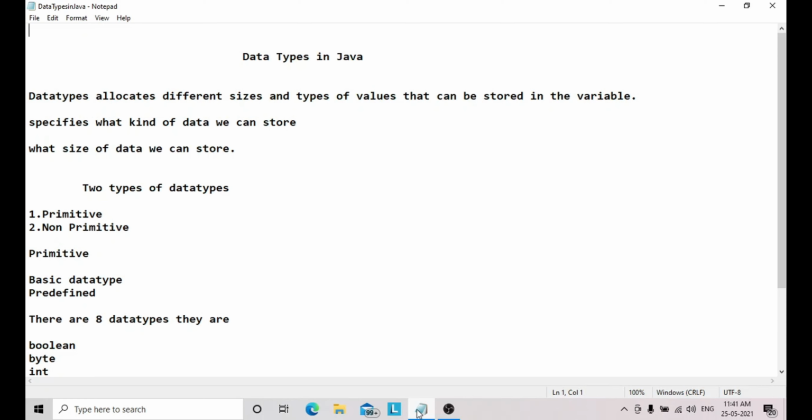So we are manipulating different types and different sizes of data, and depending on that we have to specify what type or size of data we are going to use on that variable. For that only we are using data types. Data types allocate different sizes and types of values that can be stored in the variable.